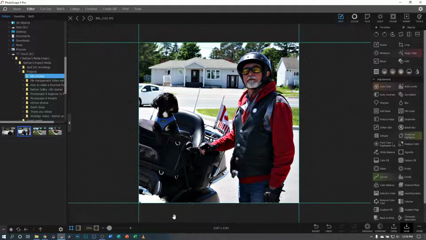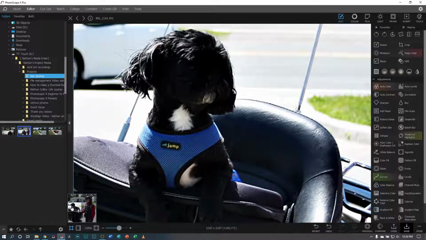One way of definitely trying to hide a blur or a mistake in an image is just really boost it and make it a very saturated, very color pop type image, and you can really hide a lot of those things. One thing that I would do, just because your dog,